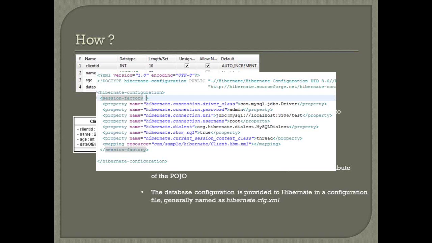After that, you have an entry called mapping. Like I said, there are two types of configuration files: the Hibernate configuration, which talks about the database properties, and the others which talk about mappings. Since I have only one entity in the example, called client, I've created one mapping file. Hibernate allows you to have different mapping files per entity so that you can logically break down your configuration files. Generally it's named after the entity, like entityname.hbm.xml, for Hibernate mapping. So this is about the hibernate.cfg.xml file.